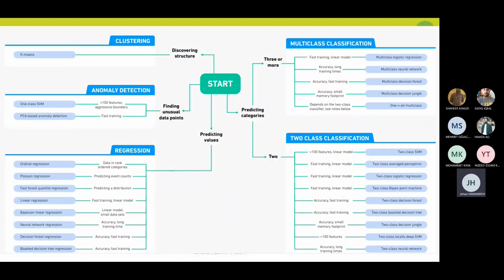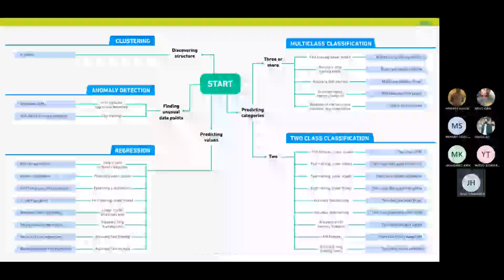So, for example, if you want to discover a structure from the data that you collected about your sites in the network, you would, of course, use the k-means method. If you want to find unusual data points, you would use machine learning algorithms like PCA-based anomaly detection or one-class SVM. If you want to predict values, you will resort to regression algorithms,